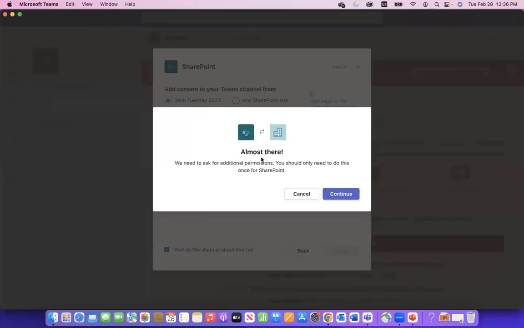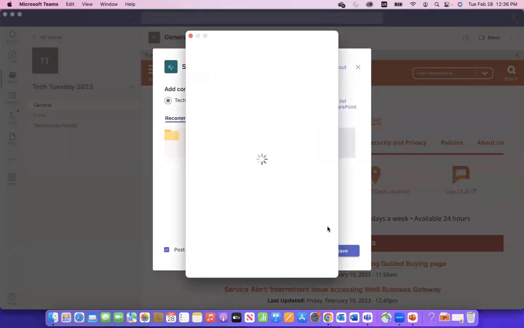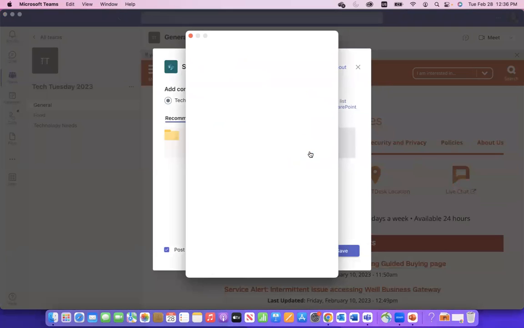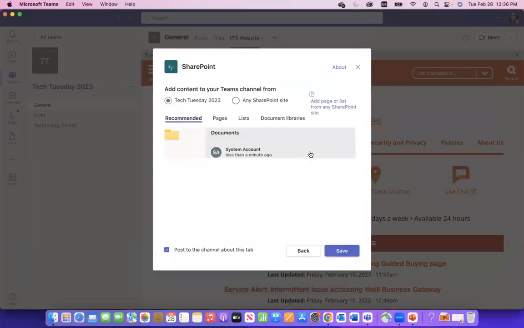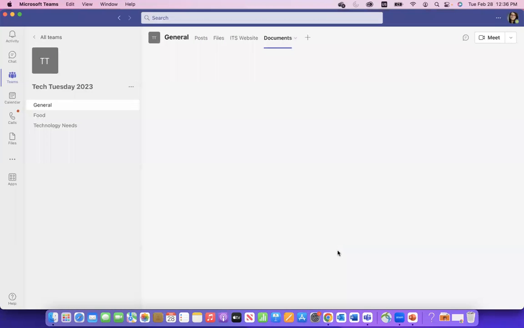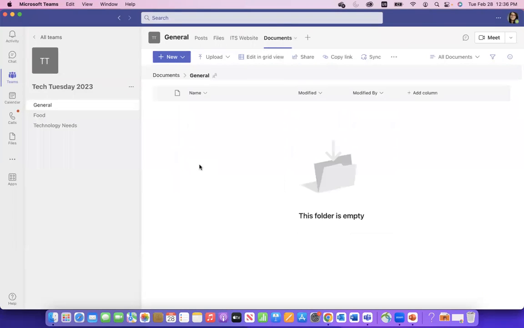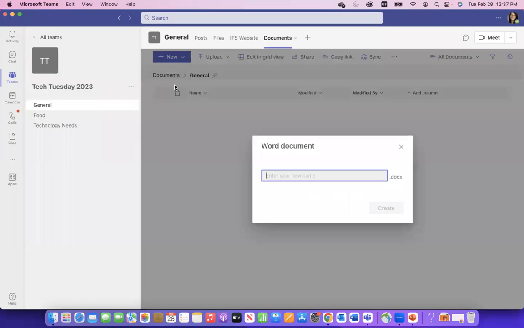You get a lot of prompts, for example, for sharing stuff on OneDrive or SharePoint. And I just want to make a document repository. We just sign in really quick. I think I'm going to get a Duo prompt, which is okay because it's secure. Let me save. There we go. So now I have this repository available called Documents that anybody on my team can take a look at. And you'll see that Teams has set up folders based on our sub-channels right here. So I can go into General maybe. I can create a new Word document, for example.